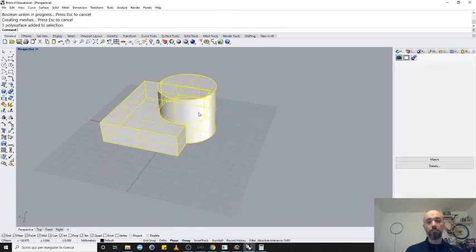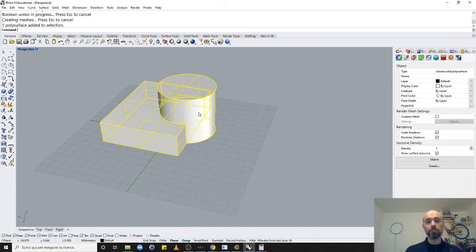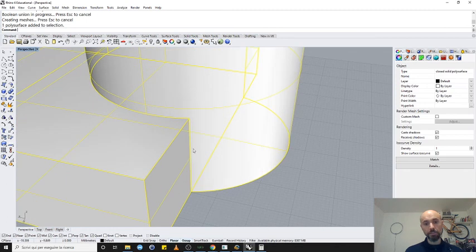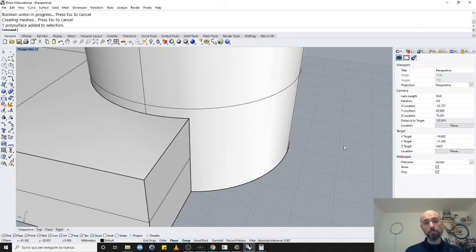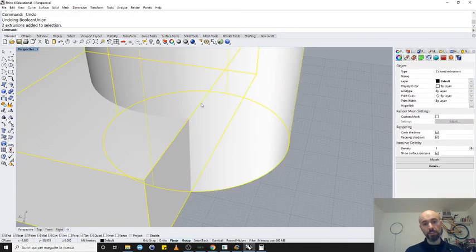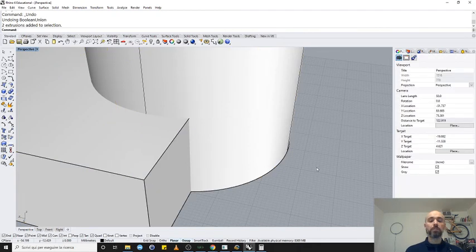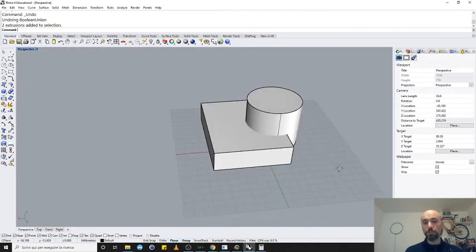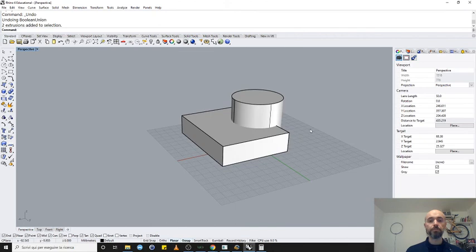Now they are not two different objects anymore, it's a single one. You notice it by following the lines of the isocurves of the surfaces. You see that here it's not going on, while before this operation you can actually see the lines going through the other solid. So this is an example, of course not the most complex one, but